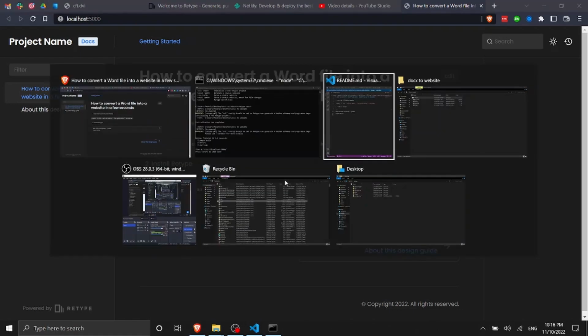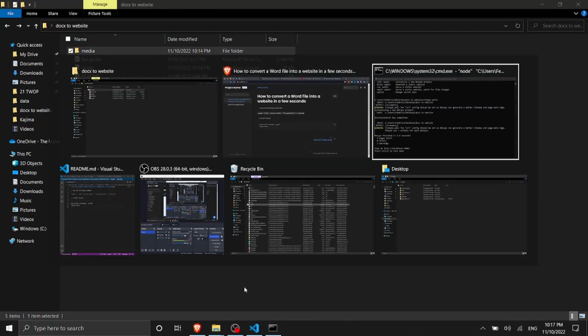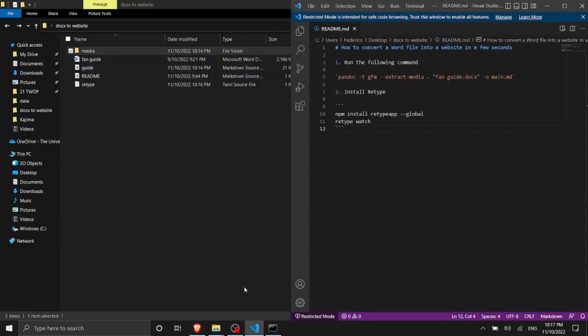Why do we have only 2 pages? Well, if we navigate inside our local folder, we have just 2 pages. We have the README and the guide. So retype always uses this README as the starting page of our website. And in fact, inside the README, as we could see here before inside VS Code, we have this text here.